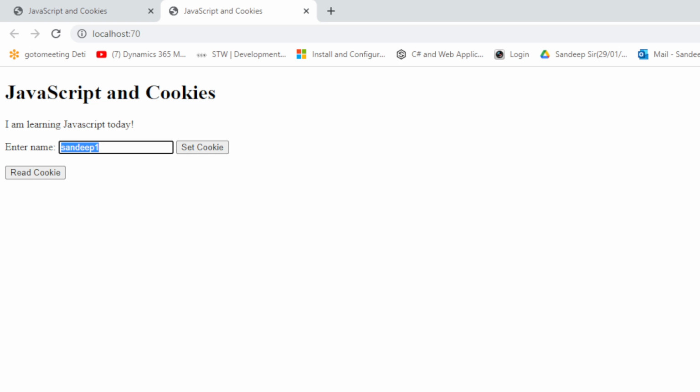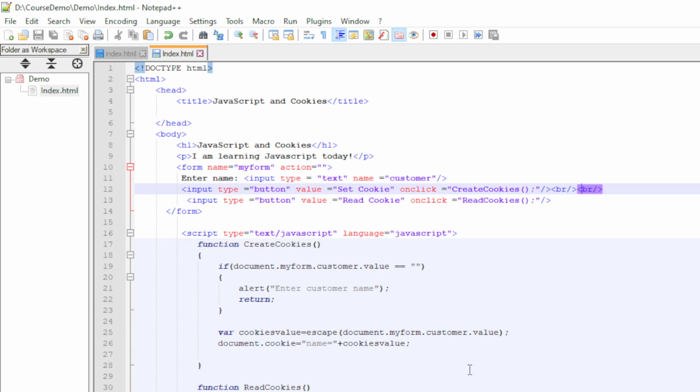There are some interesting things we need to know about cookies. If you want the cookie to be deleted from the computer after some time, in that case we have to add an expiry for it. That is quite easy. We just need to add an expiry to make it expire.